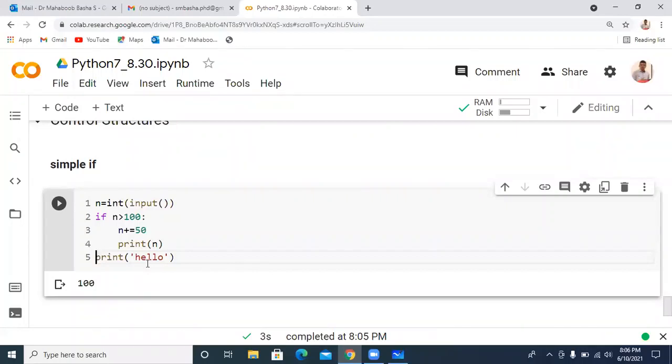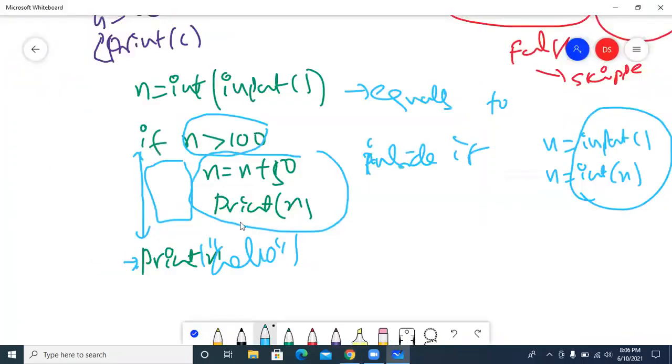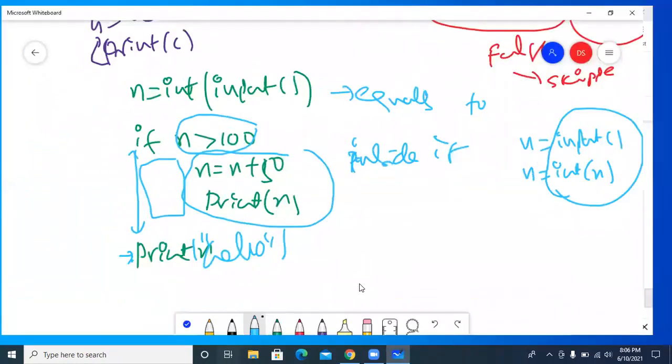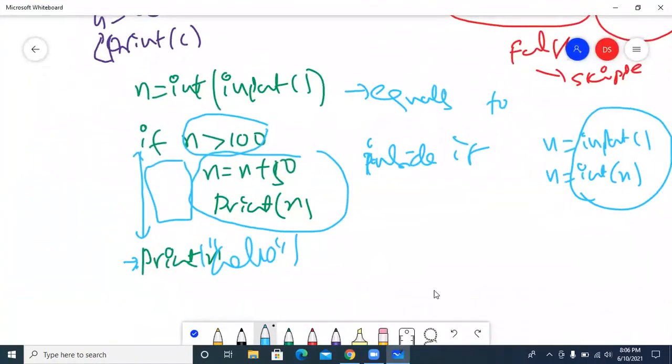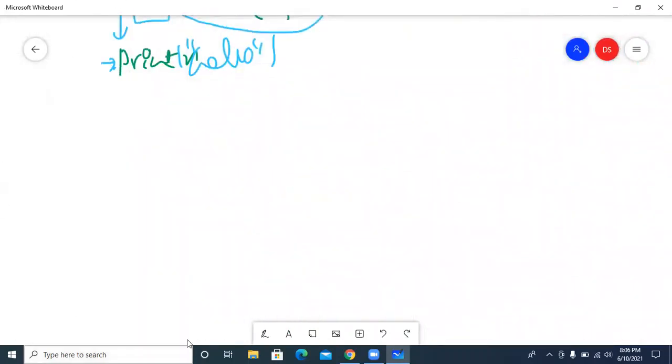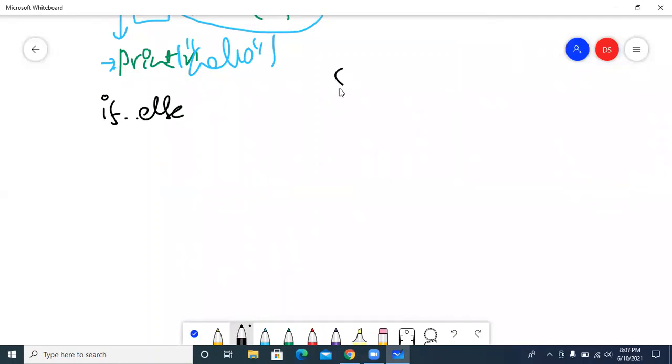So that is if, the simple if we have used. If the expression is true, then that set of statements will be executed. If the expression is false, the set of statements is going to be skipped. So that is simple if. Next, the next type of if we'll see. The next type of if is if else. The syntax of this is